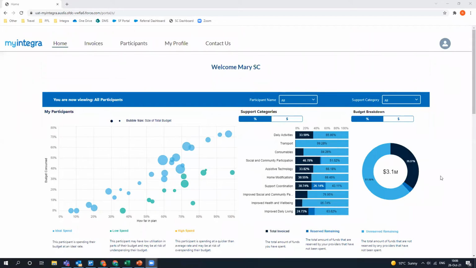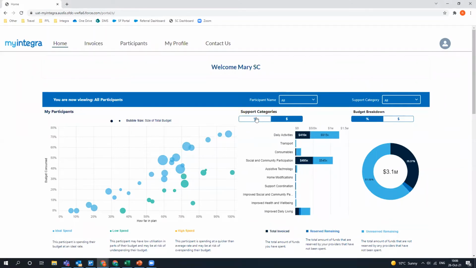And then to the right, you've basically got the same information, but rather than at a support category level, you're looking at it at a total budget level. For this support coordinator, the total of all the budgets of the participants they are linked to is $3.1 million. And then you can see as a percentage how those funds are broken up by total invoiced, reserved remaining, and unreserved remaining. I should also mention at the top of both of these two graphs on the right, you're able to switch from a percentage to a dollar value,